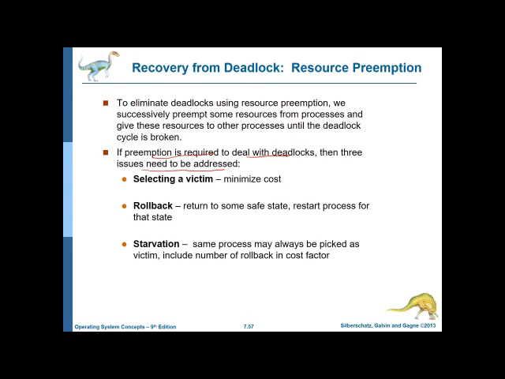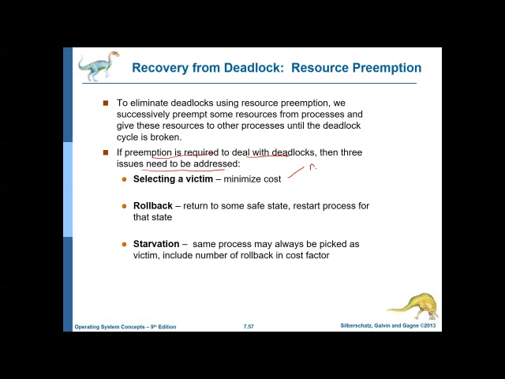So what is the basic aim, like in process termination that we saw earlier? We have to determine the order of preemption so that we minimize the cost. That is the basic aim of selecting a victim. Cost factors include parameters like the number of resources a deadlocked process is holding and the amount of time the process has consumed. I'll just write it here. These are some factors it has to look into.